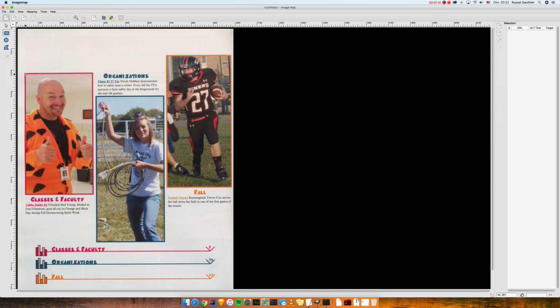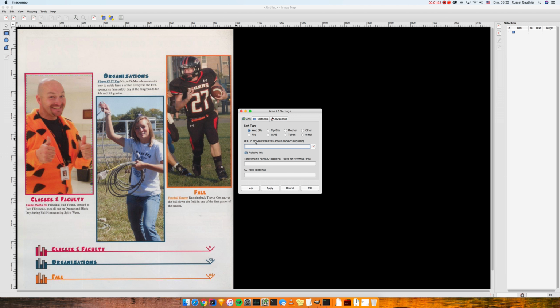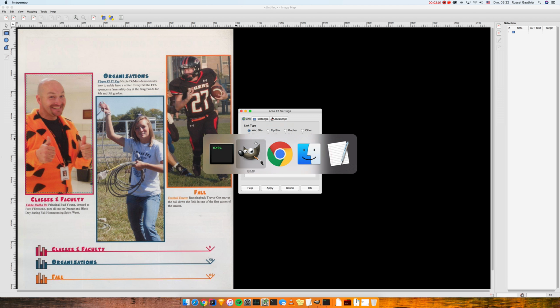So the first thing we're going to do here is create a hotspot for this guy here, which is the principal, as indicated below. Once we have selected the right area, click, and it will ask us for the URL. So we need to put the URL that will come up when the person clicks on that part of the image. And I'll show you quickly